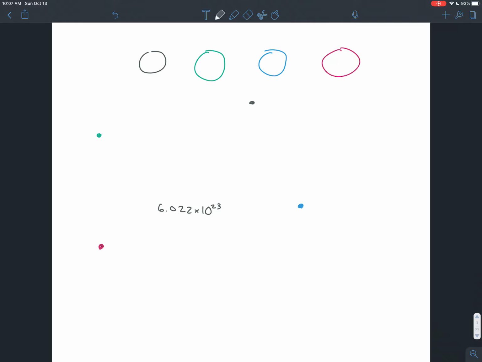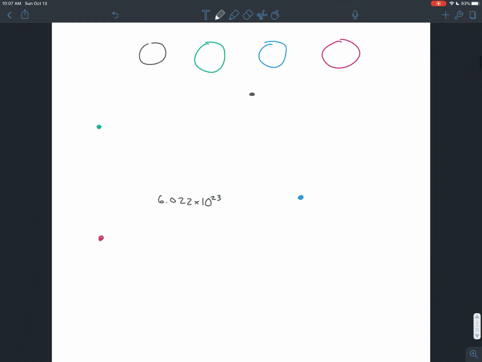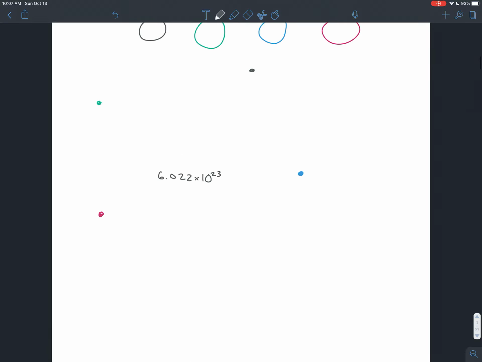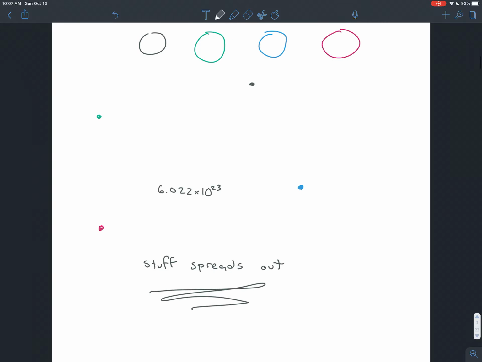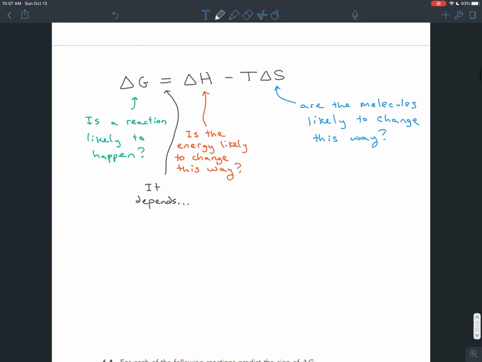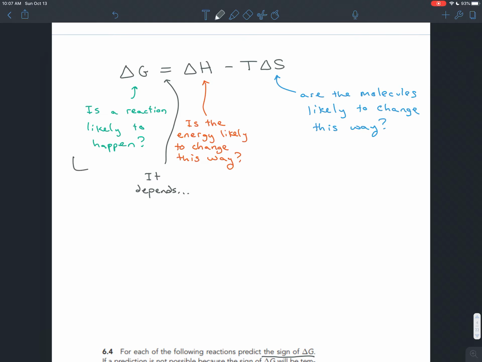And diffusion is what moves everything throughout a cell. And it explains a whole bunch of things in life, in the world, that I may make a separate video on to go through. But for right now, the principle you want to remember is that stuff spreads out. When stuff is spread out, it's always more likely that the spread out arrangement will happen, just in terms of sheer probability. So if we go back to this equation, and you're thinking, is a reaction likely to